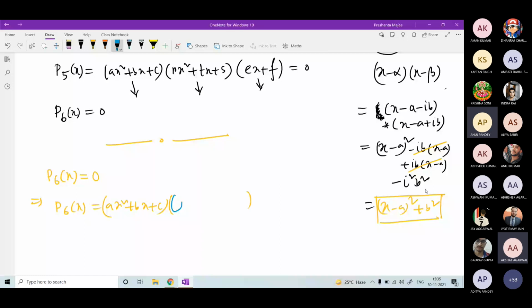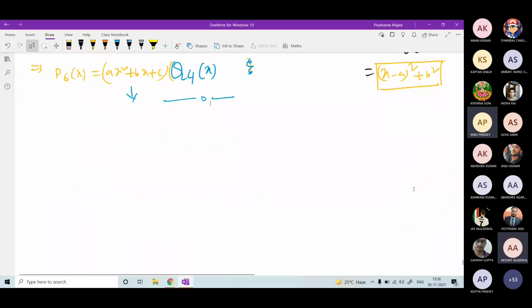Next, if we want all the roots of P6(x) equals 0, then two roots we get from here, ax square plus bx plus c equals 0, and for the remaining four roots we will solve Q4(x) equals 0, and apply the same procedure there. From Q4(x) we will extract a quadratic factor, and keep doing this until at the end we end up with a linear factor or a quadratic factor. So you got the idea of what we are doing? So the main task is how to extract a quadratic factor. So that is what we are going to learn.